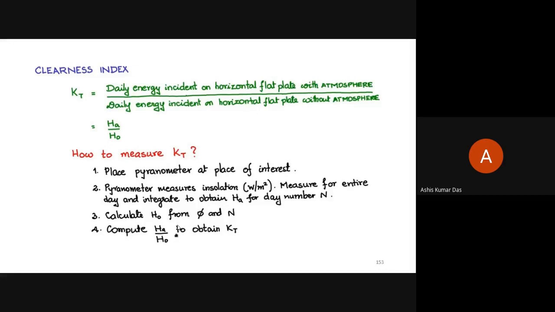You will get the statistical history, based on which you will get an idea of the climatic condition and the atmospheric absorption during various times of the year and various years. So by using the pyranometer, we can find the value of the insolation for any particular day, and if we integrate with respect to time, we will get the energy for a particular day.